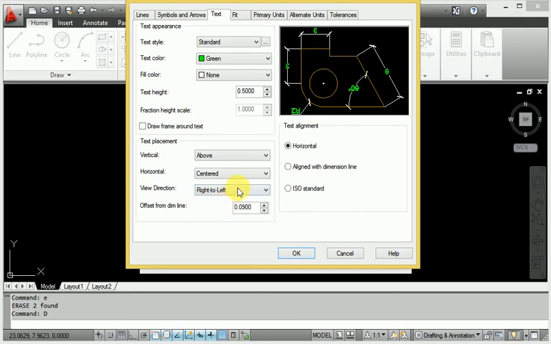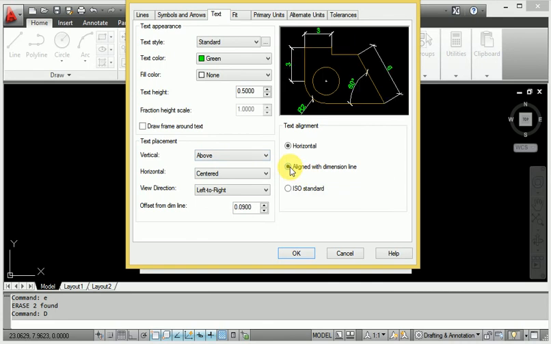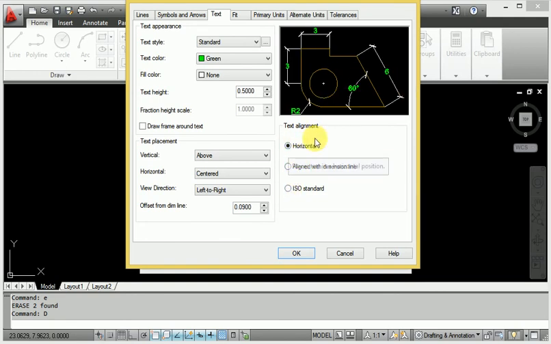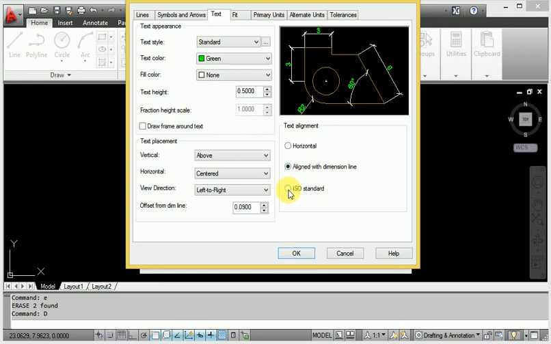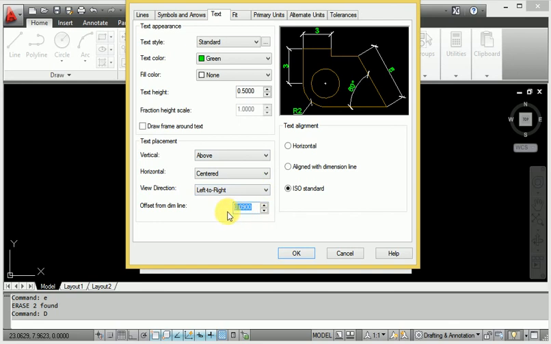And right click when I want to move and rotate. Then alignment, if you give the alignment, it is very important. ISO standard is also very important. Horizontal type is this position, alignment is this position, ISO standard is this position. When I provide the dimension, a particular 0.1 mm gap. If it is not suitable, then we will provide a 0.2 mm gap. Look at this here. So these settings are very important.